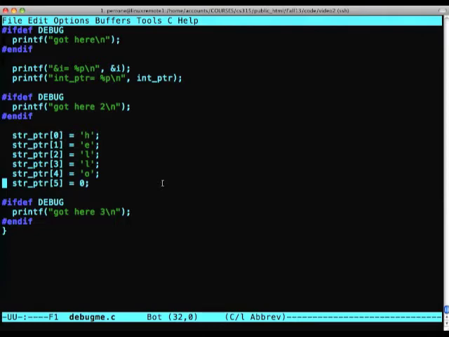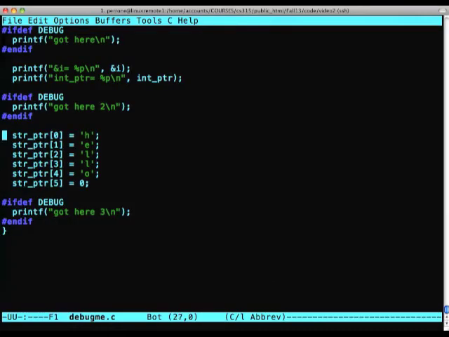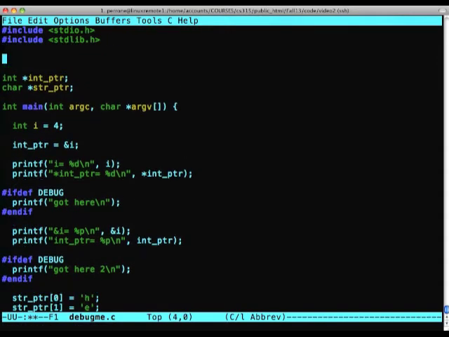The question that you should be asking yourself at this point is, how do we define this literal that we're talking about here, so that when we compile this code, these lines actually get included into the code that's passed to the compiler? There are two different ways in which you can define a literal. One of them should be familiar to you, even if its usage is a little different from what you've seen before. You could do simply #define DEBUG,